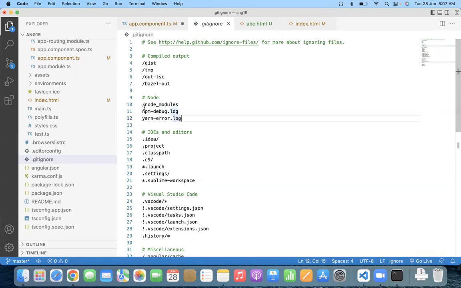Sometimes compiled output may be like this. These things need not be uploaded into the GitHub. Okay, so which things should be avoided? Which folders or which files should be ignored while you are pushing the code into GitHub will be given in this .gitignore file. Okay,